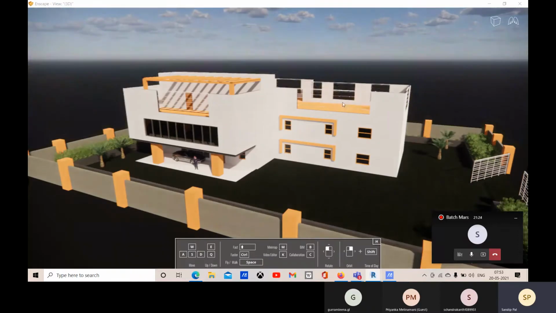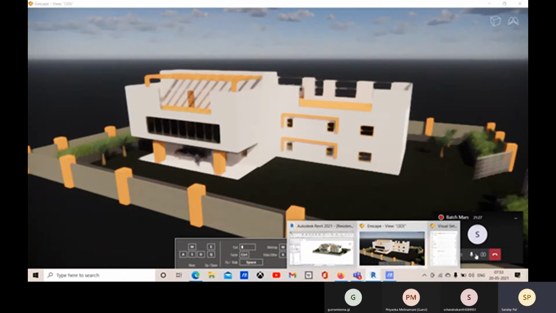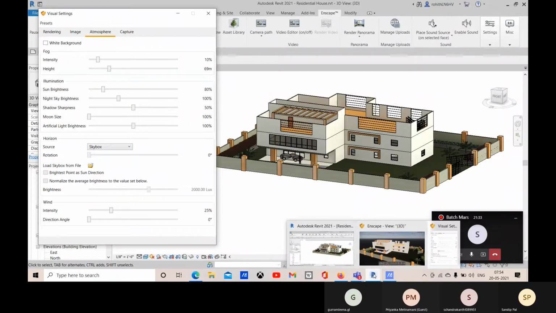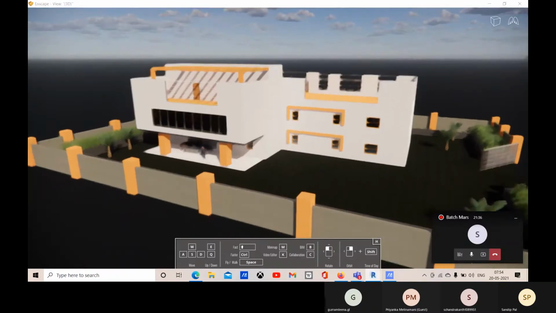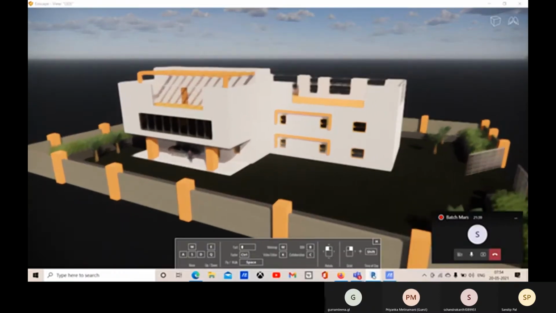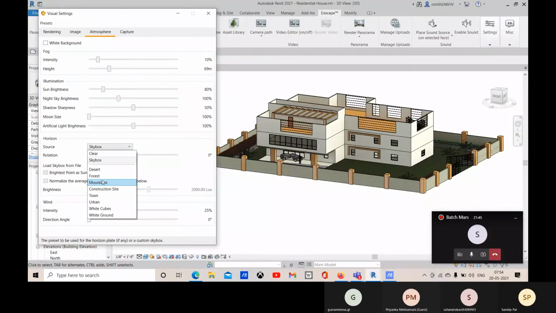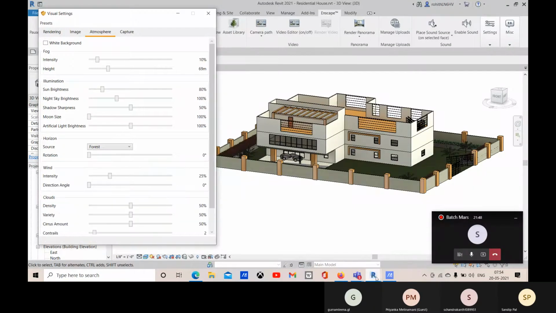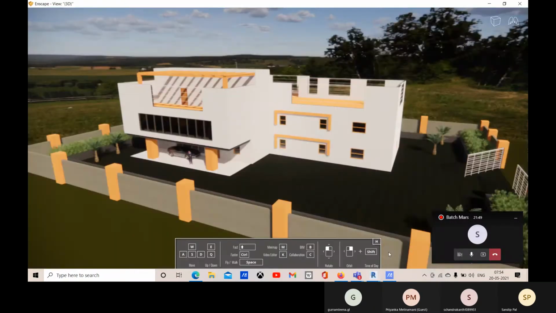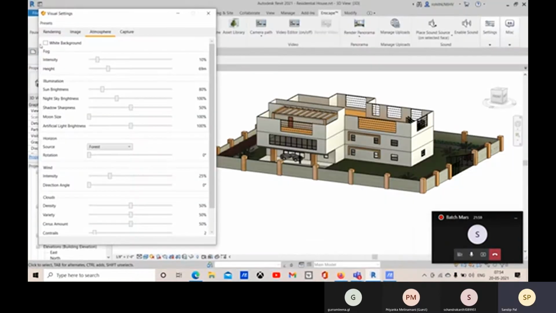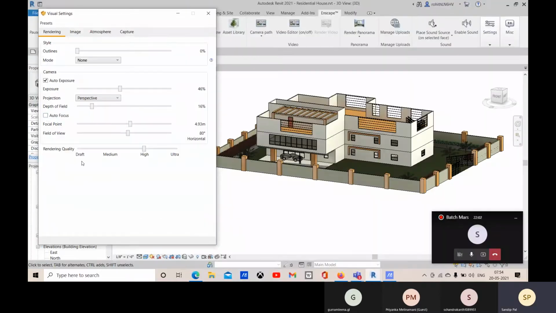All right, so that you can apply. Okay, now let me come to this rendering option, and here this autofocus should be checked.